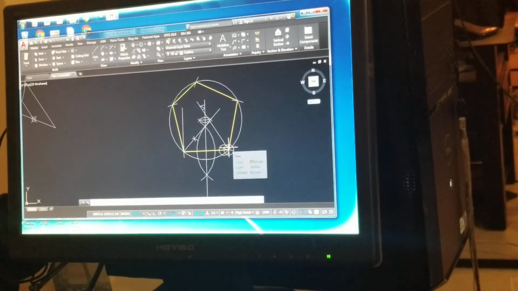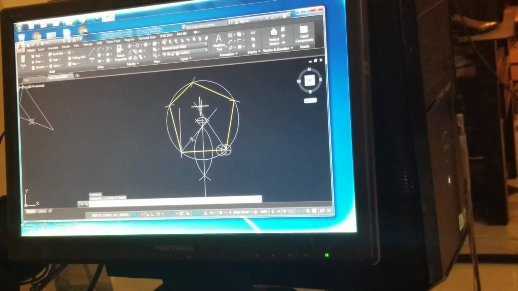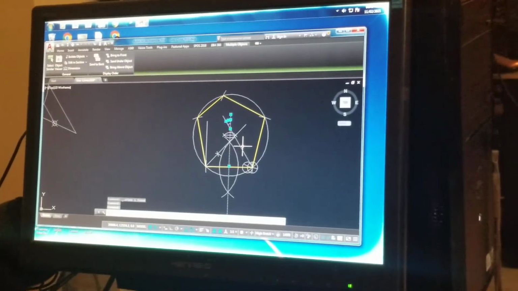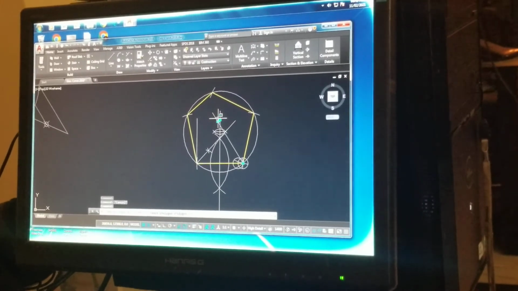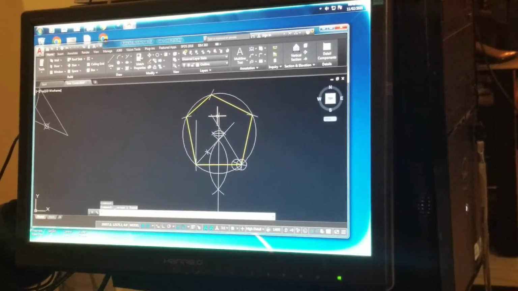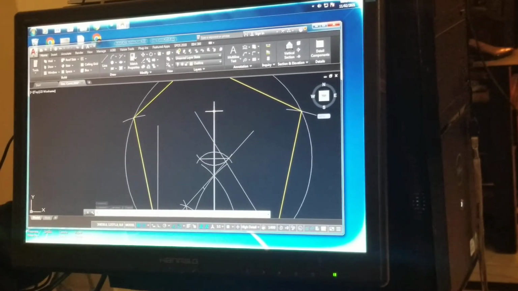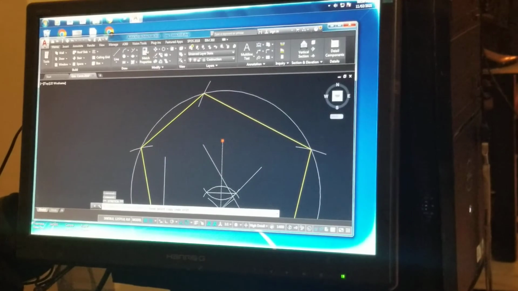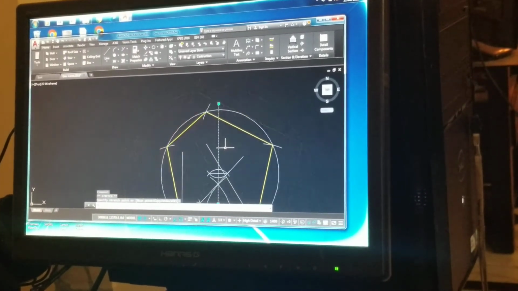All right, students. So basically, this would be the method that can be used to construct any polygon. Any polygon. All right. But in this case, we have done the pentagon. Now, another thing, student, before you go, take for example, if I was asked to do, say, a nonagon, all I would have done, students, right? The same